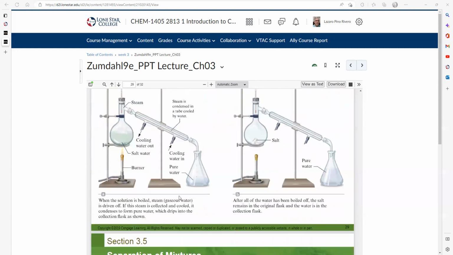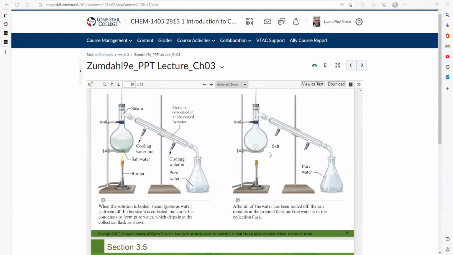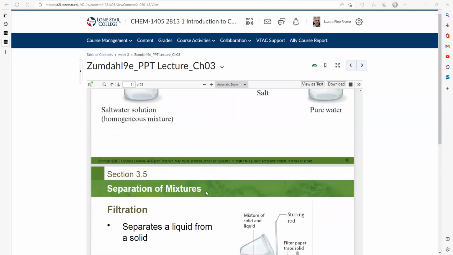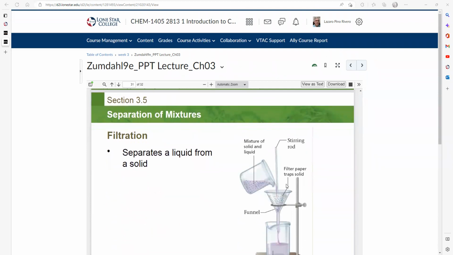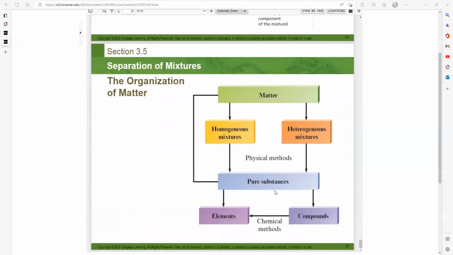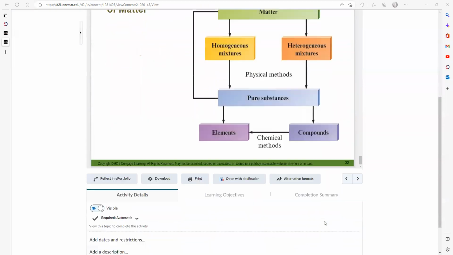For distillation, look here, it is a method to separate salt from water. And for example, you can use filtration to separate sand from water. In general, you can see that matter is made of homogeneous mixtures and heterogeneous mixtures, and also pure substances that can be elements or